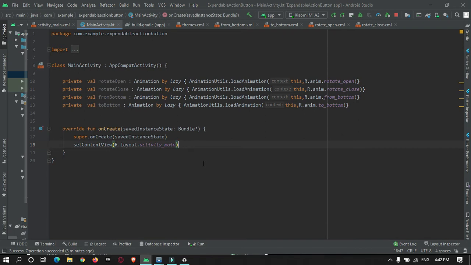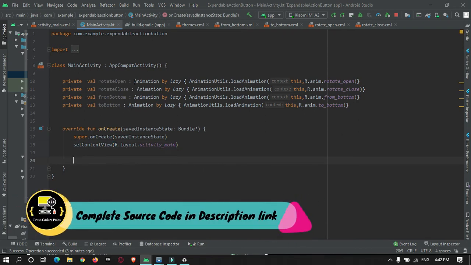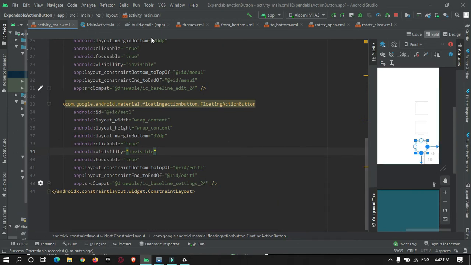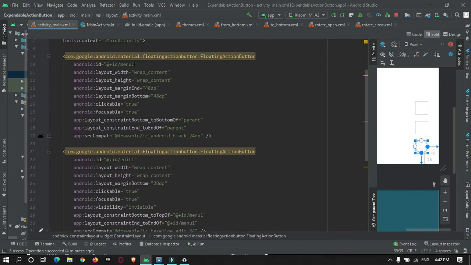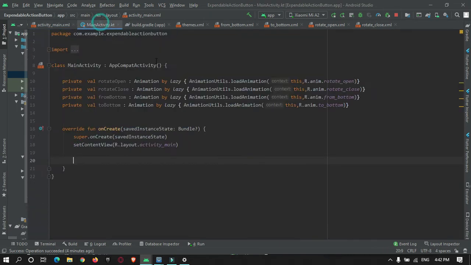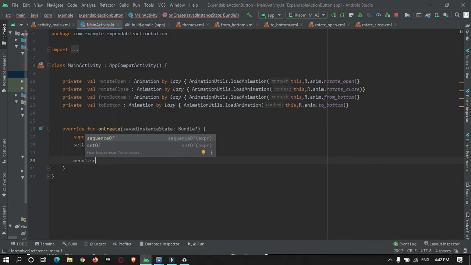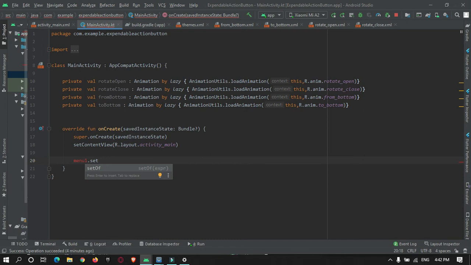Now we must find this button. For that we can make use of this id, that is menu1.setOnClickListener. Okay, it is not catching the setOnClickListener, so let me check why it is not catching.